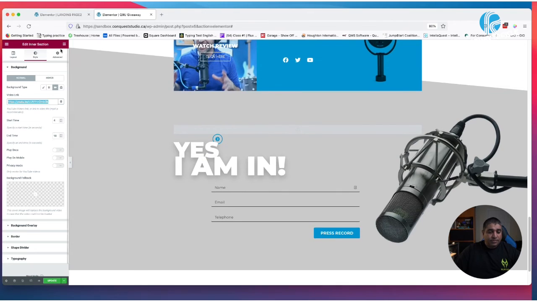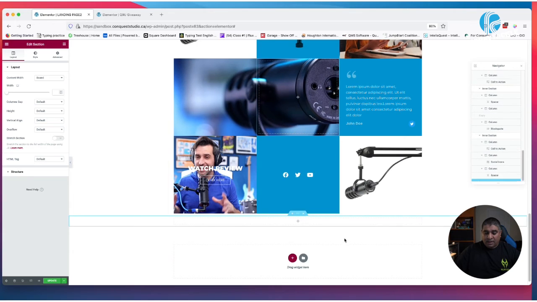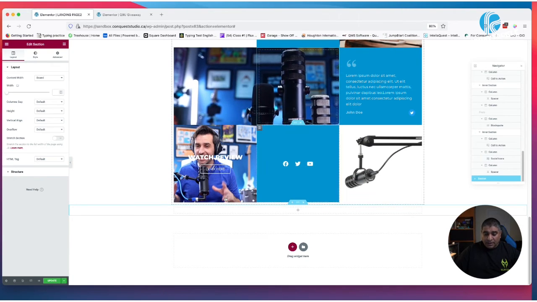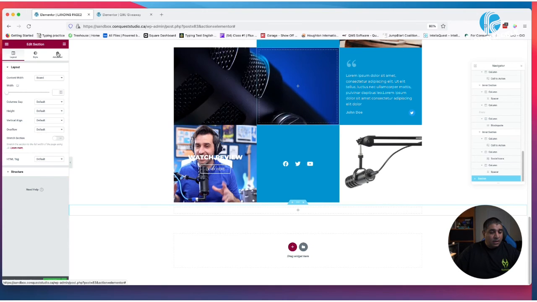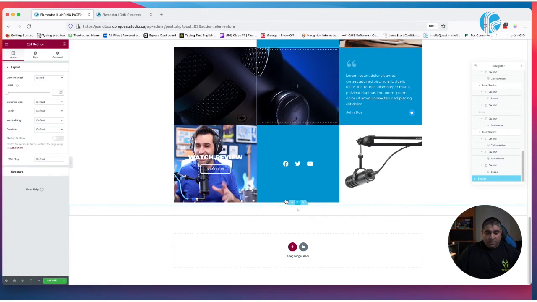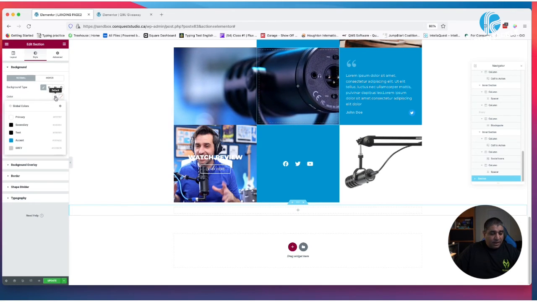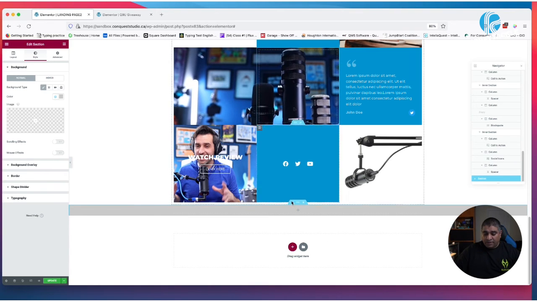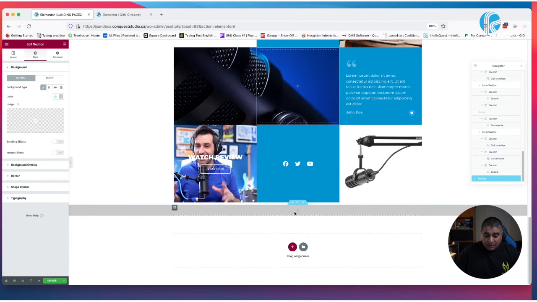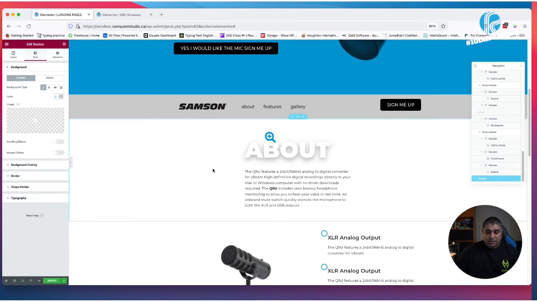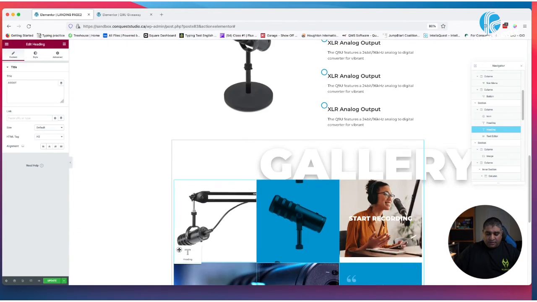So very easy to do here. I'm going to add one column section. I'm going to make sure that it's got a background color. So for contrast, we had made this gray, so I'm going to make it gray here. And we are going to add the text. So duplicate this, take this down to this section here,